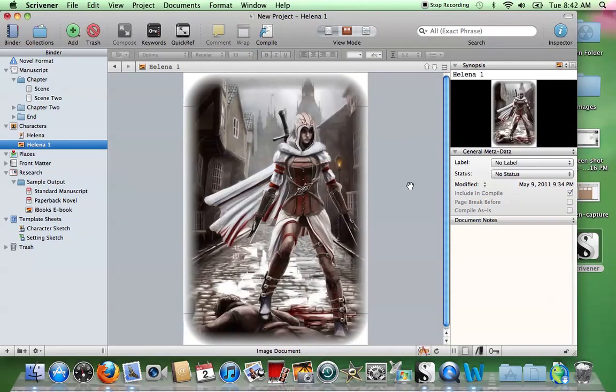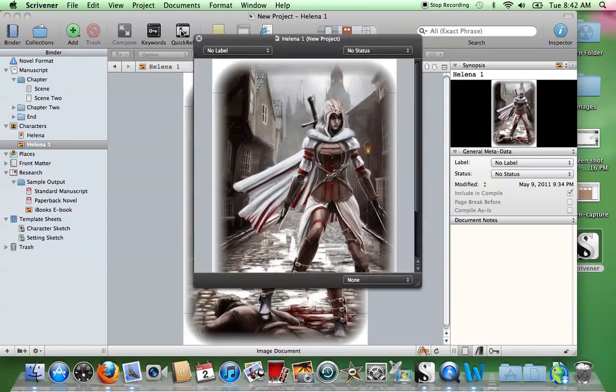That's what Helena would look like. Excellent. Now, when I'm going to write, I sometimes write in full screen, which I'll show you in a minute. But I sometimes need to look at the character itself to either get the detail right, or I might want to be inspired by the picture. So in case I want to do that, I'm going to set, for example, Helena here as a quick reference,